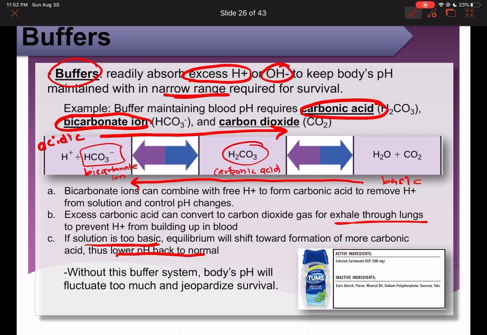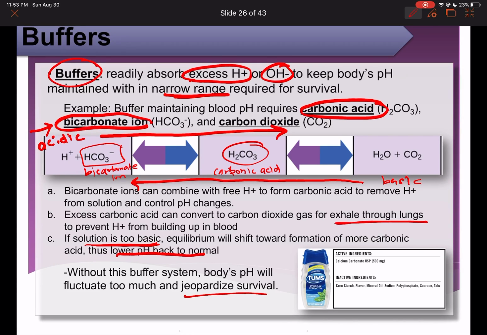All right. Now, without this particular buffer system in the human body, pH levels would fluctuate too much, and that's what we were talking about. We would end up with a health condition called acidosis or alkalosis, depending on whether your pH is too high or too low, and that can jeopardize the survival of the organism, or basically all the cells around the body. So you can easily remember that bicarbonate ions